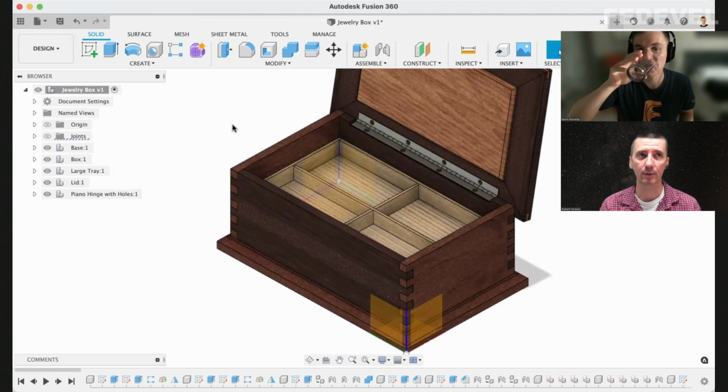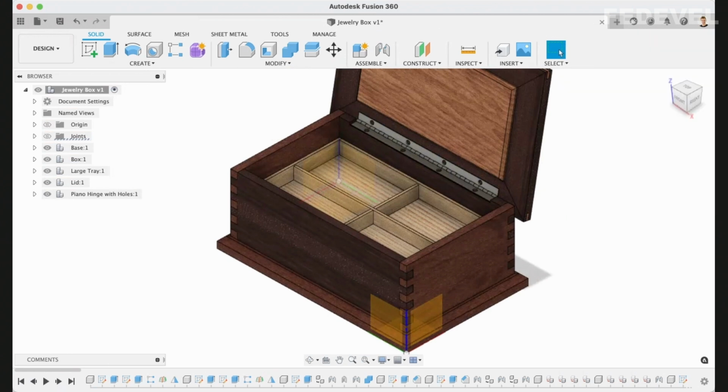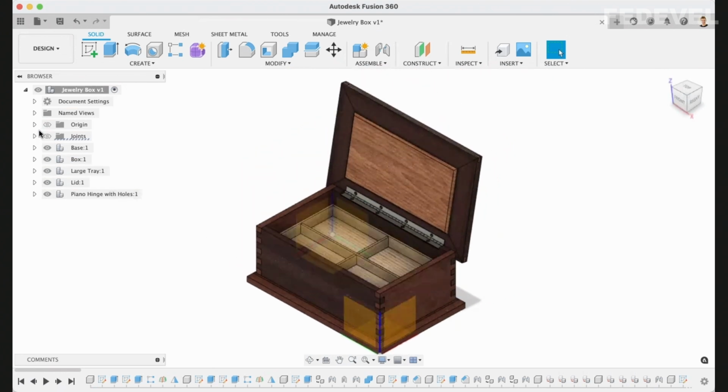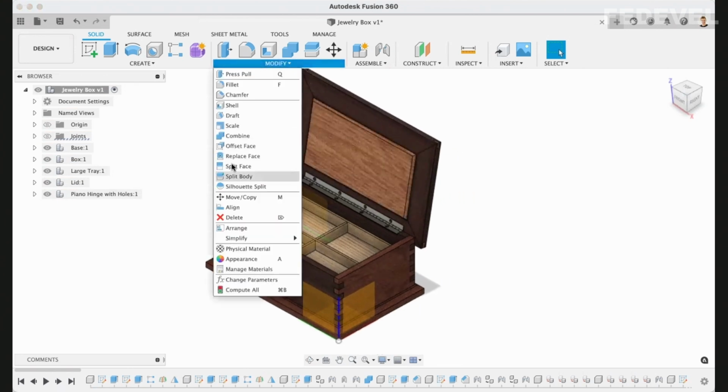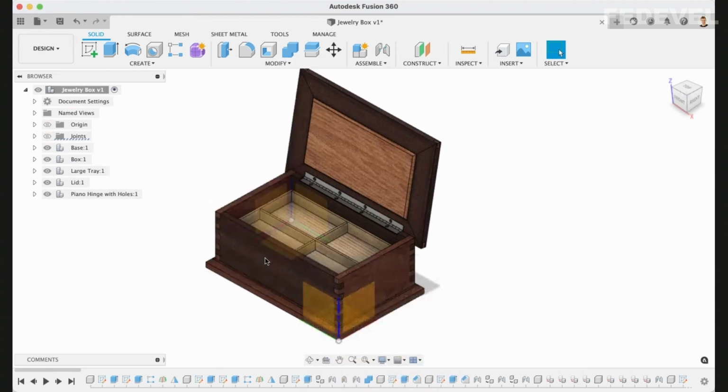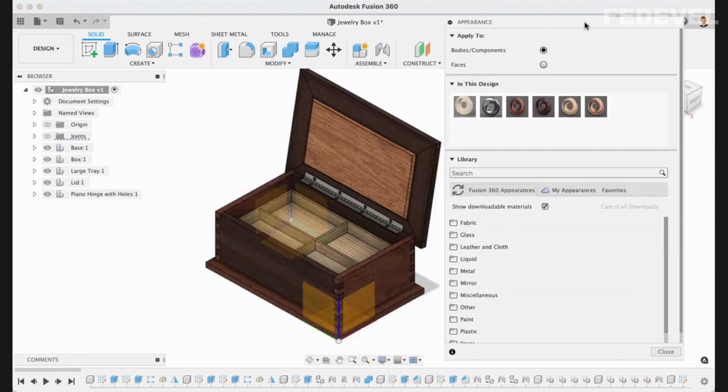Okay, what else do we have on this list? Materials and appearance. That's a good one. So one of the cool things about Fusion is that you can create realistic product renderings. So you'll see that I added these real appearances here. Up here in the modify dropdown, there's this appearance dialog. And so Fusion comes with 100 or so different realistic appearances, and they're sorted by different types. So you have fabric, glass, metals, wood, painted objects, plastic, and so on,